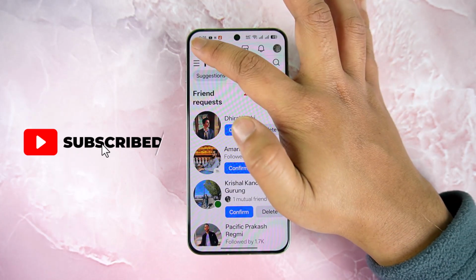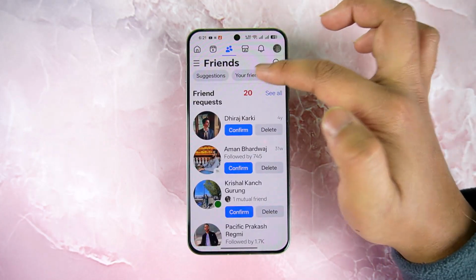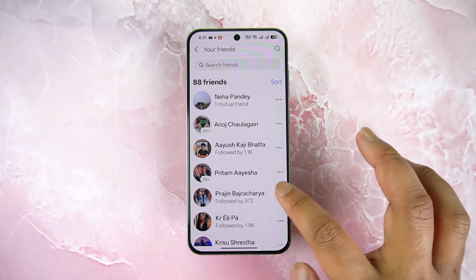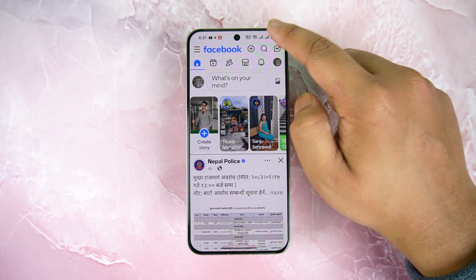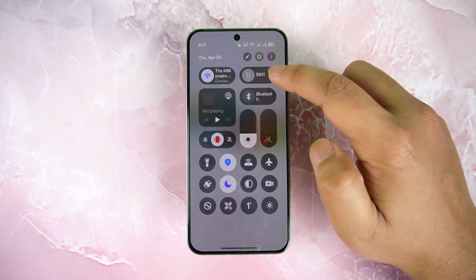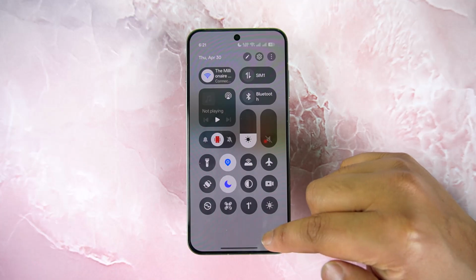Normally, to find your friends list, you can simply go to this Friends tab and go to Your Friends, and you should be able to see a list of your friends on Facebook. Now, if not, start by checking your internet connection. If you're using Wi-Fi, you can try to switch to cellular data or vice versa and see if that helps